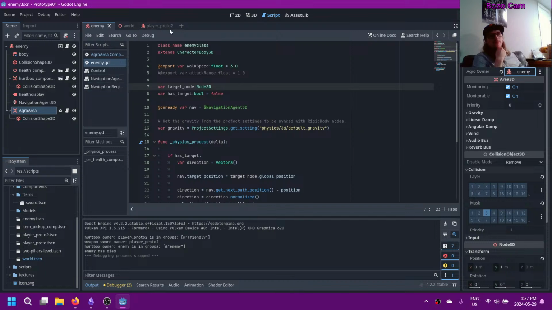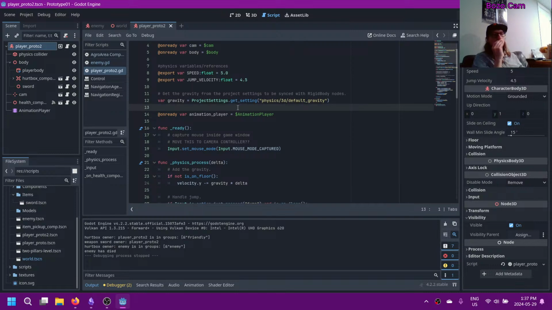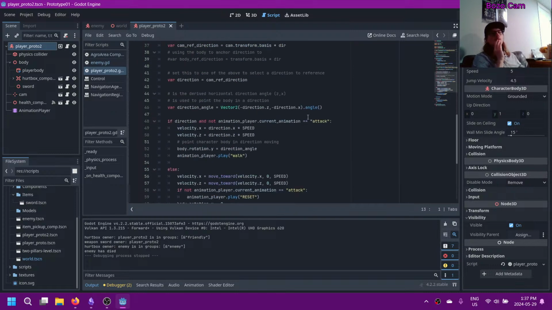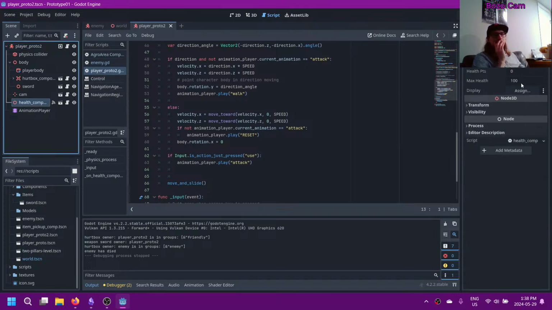But that's not helpful. We need to know what to do with the player when the player's health goes to 0. So, what is the player's health component? It's 100. So let's drop that down to something manageable. What was the enemy at, like 25? Let's do 50. Display. Yeah, let's put a